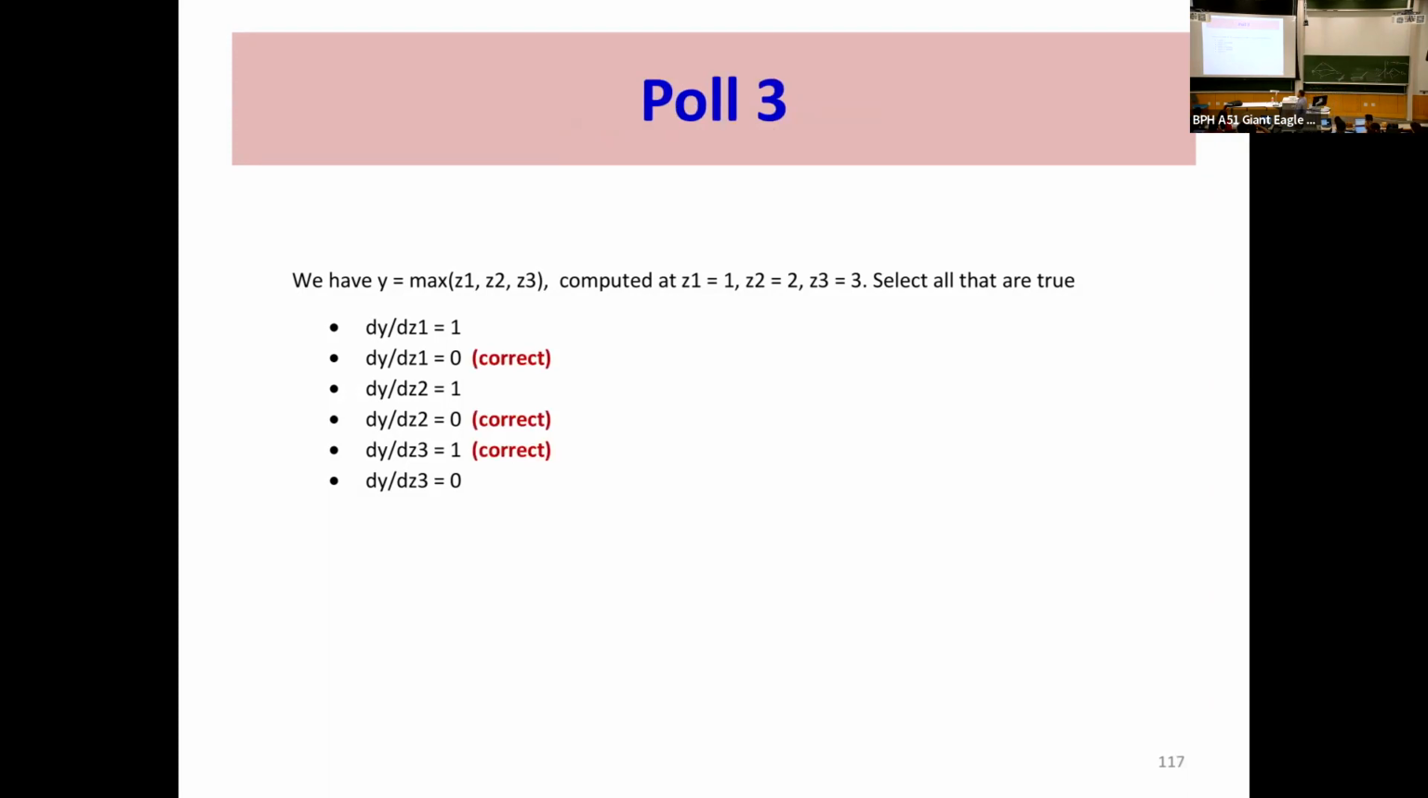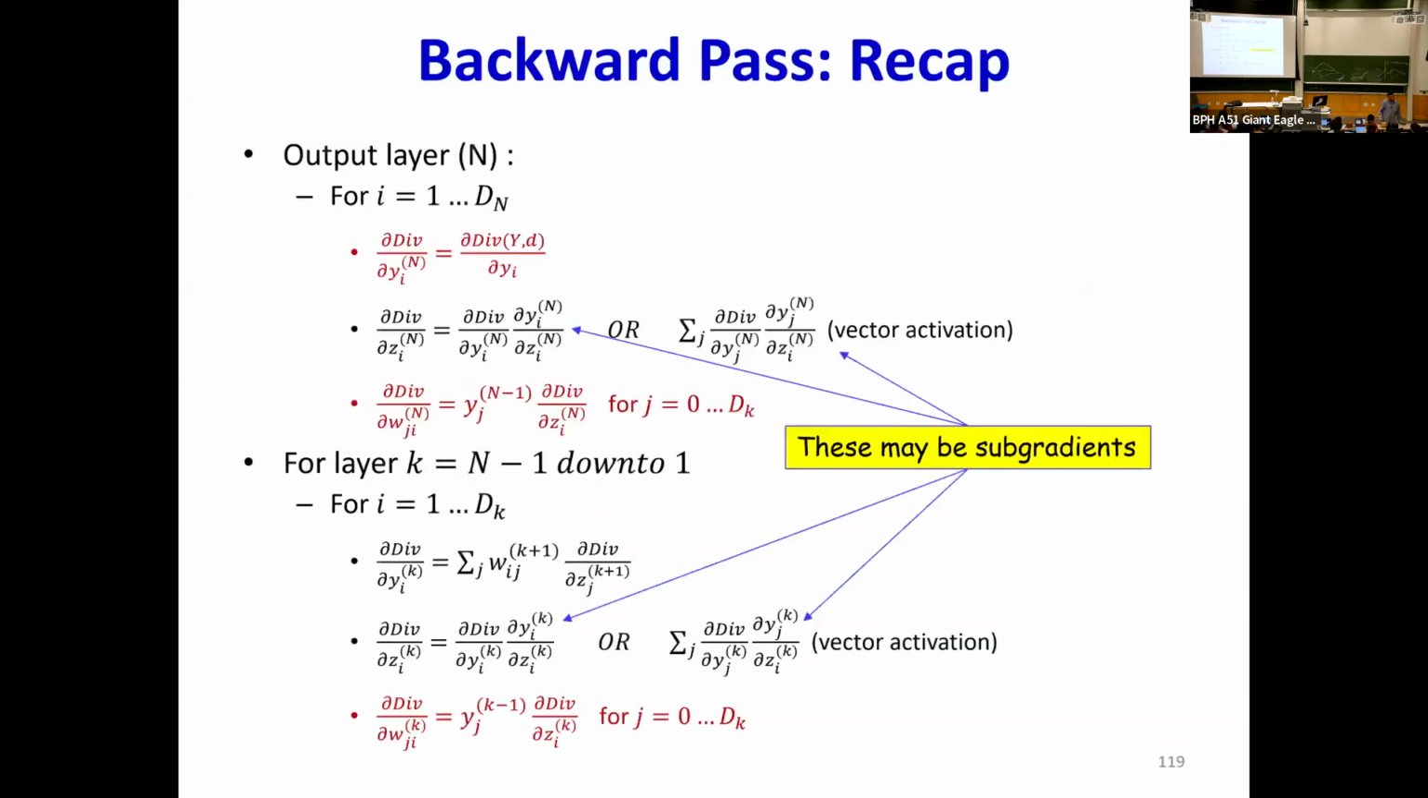If I have max of z1, z2, z3 computed at 1, 2, 3, then the derivative with respect to z1 is 0, with respect to z2 is 0, and the derivative with respect to z3 is 1, right? But when we say 0 to 1, is that inclusive or exclusive of 0 and 1? We have to pick inclusive, right? Because it is 0 and it does become 1, correct? And typically we use 0, but you could use 1 and 2 just as fine. And the odds that you will hit that particular point during computation are essentially 0, so you don't have to